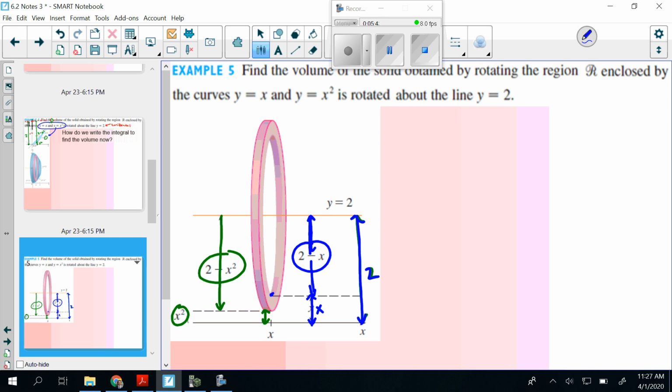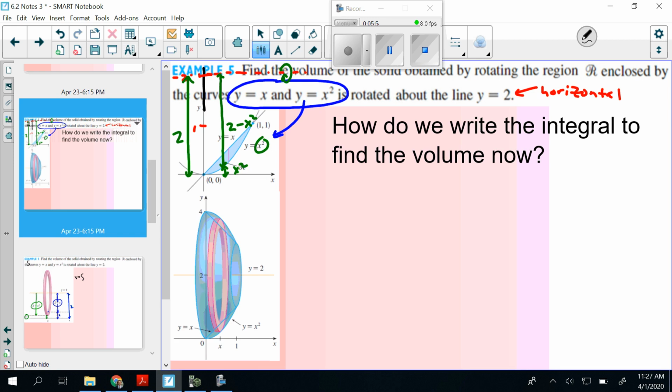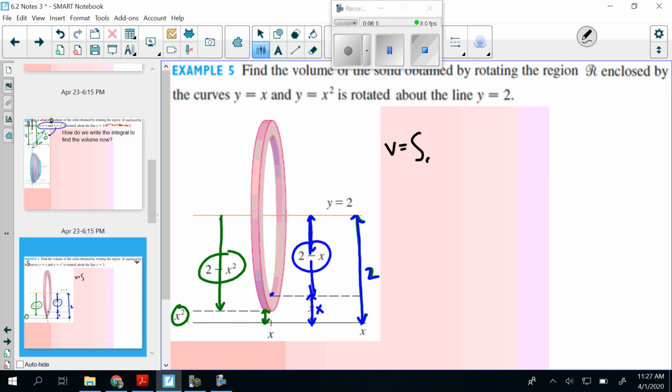So now when we're setting up this volume equation, what's it going to be? Well, let's see, it's going to be the volume integrated from, let's go back to our picture here, from still 0 to 1, okay? Because this is one we're doing in terms of x here. We're rotating around something parallel to what the x-axis would be. So we want to keep it in terms of stuff with x. So we're going to integrate this from 0 to 1